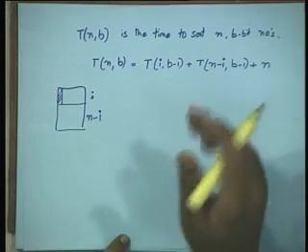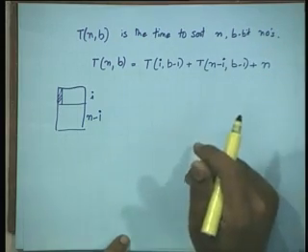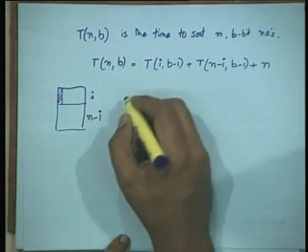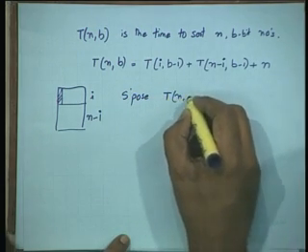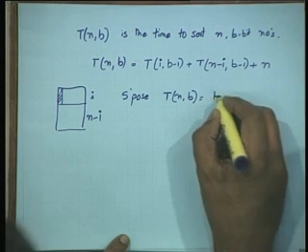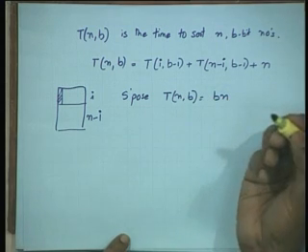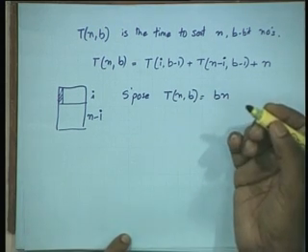Shouldn't it be sigma? Let's see what it should be. Let's not worry too much about it. Let's see. Suppose T of n comma b was equal to b of n. Maybe I am wrong. Let's see whether I am right.